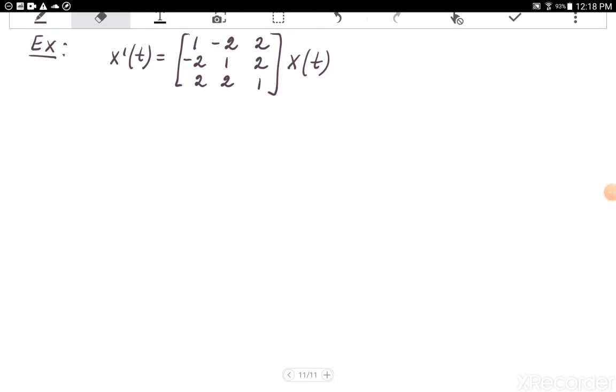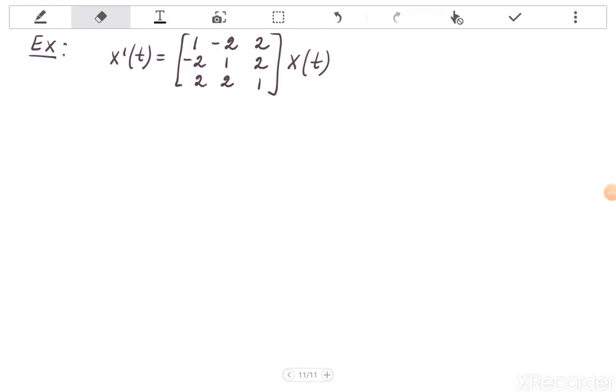Let's consider this example. We need to solve this system, and to solve this, let's try to find eigenvalues and eigenvectors of the given matrix A. So if this one is the matrix A,